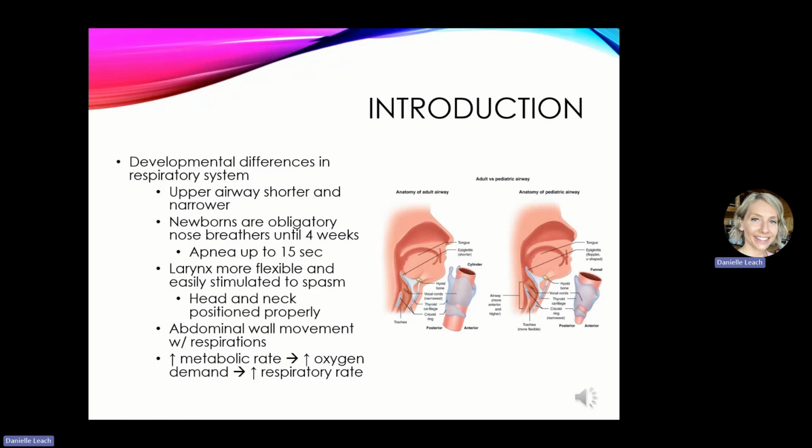Module 5 is Chapter 11 in your F.A. Davis book, which is about respiratory disorders and pediatrics. So the first thing we are going to talk about is developmental differences in the respiratory system of a child